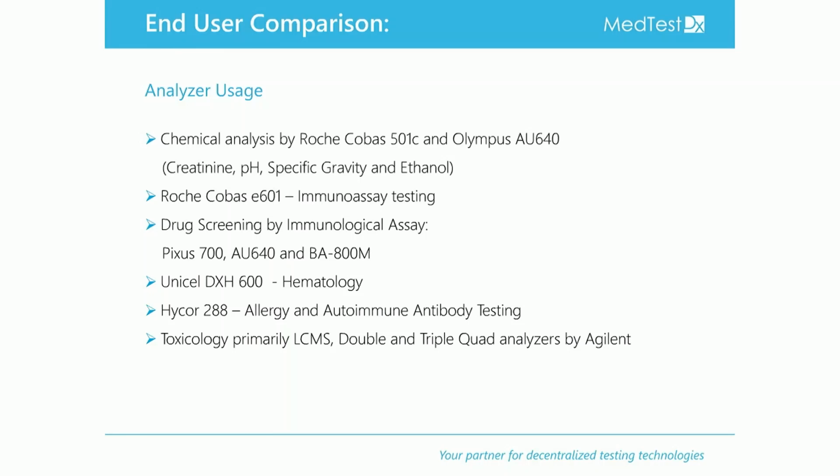Our laboratory utilizes the Roche Cobas 501-601E system, the Olympus AU640 for validity testing, the creatinine, pH, specific gravity, and alcohol to see if a urine sample has been adulterated in any form. The Roche also does immunoassays. Our drug screen is done by immunological assay as well on the